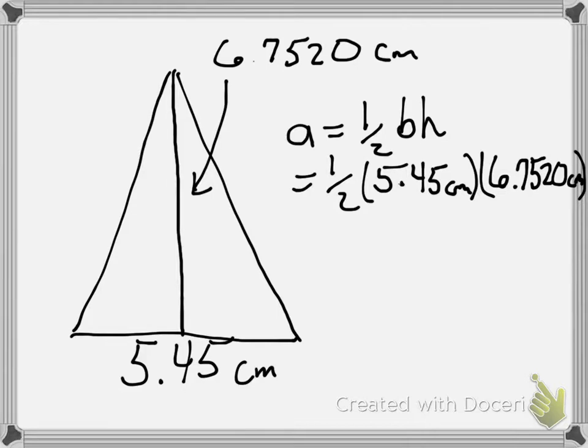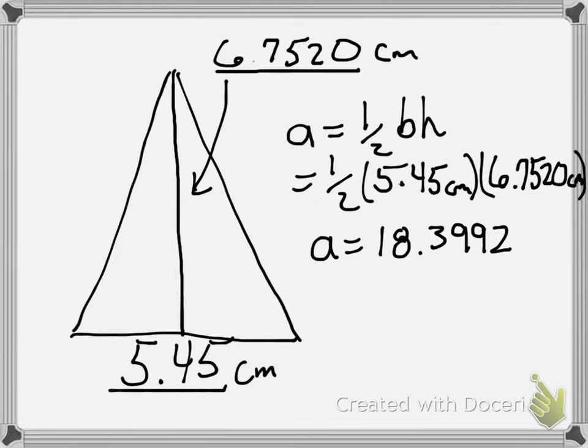So what I would like for you to do is take out the calculator, punch these values in. So 5.45 times 6.7520, and that gives you 36.7984 divided by 2, so we can take off half, and you would get an answer. Your area is equal to 18.3992. However, our answer should have only 3 significant figures because 5.45 has 3 significant figures,